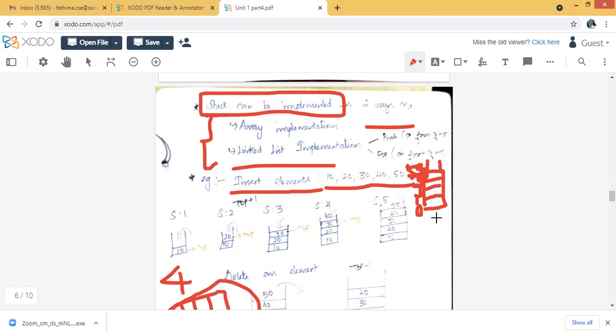So this is my stack position. Initially my top is 0, right? Whenever I want to put an element inside that stack, I'm just going to check the top position. Now the top position is nothing. So I'm going to insert the element 10. If I want to insert element 10, I check this position. Top is 0, so that is empty. I'm going to put the element 10 here. So now my top will change into this one.